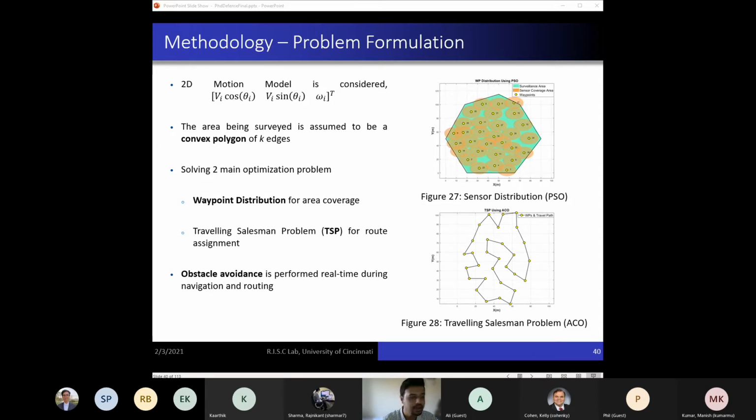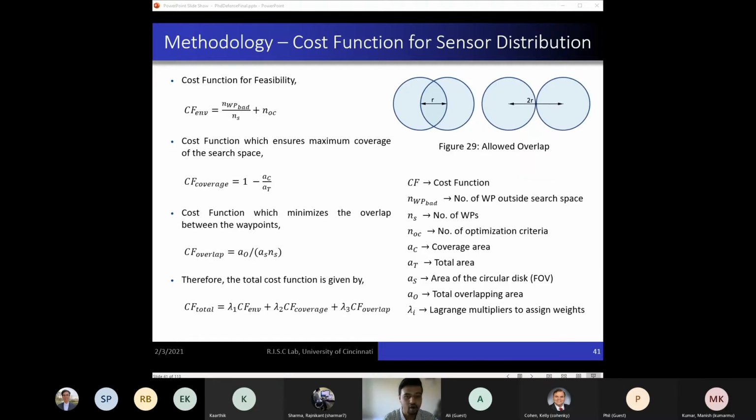We approximate the region to be a convex polygon, as concave shapes lead to locally optimal regions. Imagine a UAV flying at a constant height with a downward facing camera. At any given point of time, it will be able to cover a circular cross section or area of pi r squared, where r is the radius. This forms the basis of our waypoint distribution. So initially, we cover this convex polygon with a rectangle, deploy or assign waypoints using grids, and eliminate any waypoints that lie outside these grids or inside the obstacle.